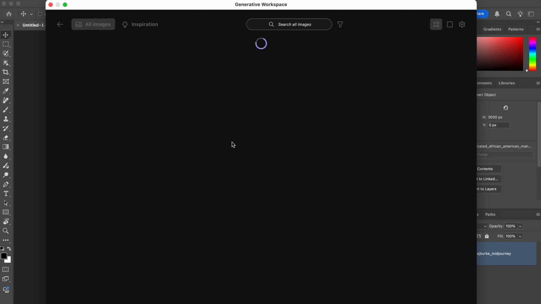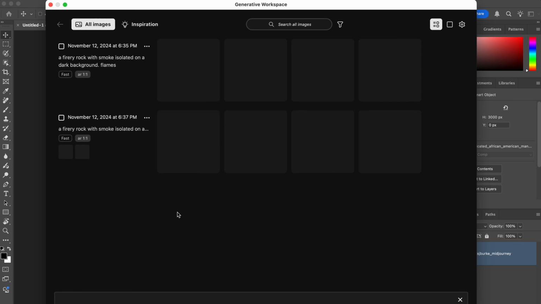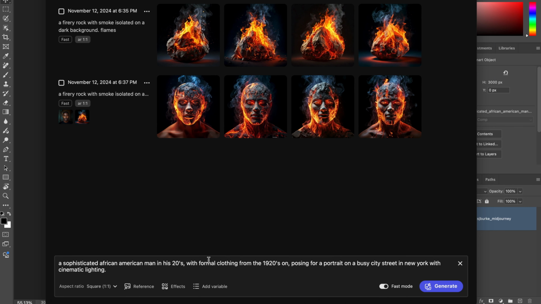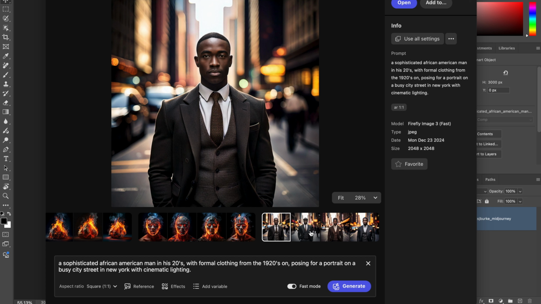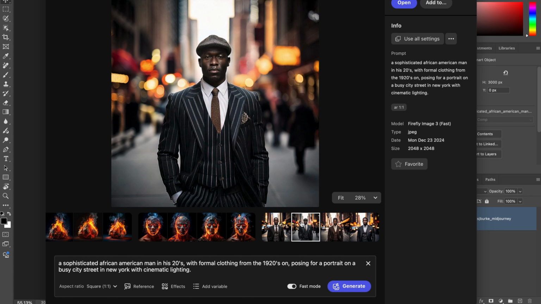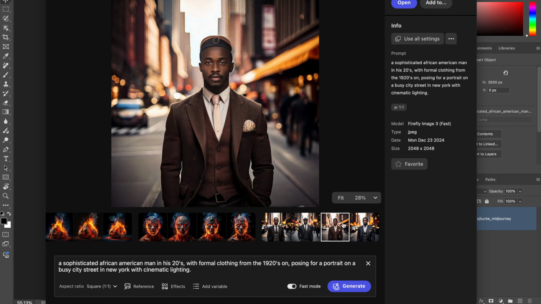And this is going to pop up this little box where you can add prompts, and you have a whole timeline right here. So that's that old fire image that I worked on. If we go down here, we're going to put the same prompt in and see what we get. We got some pretty good images. So these are good. They don't look as high quality, but at the same time, I think that they're pretty